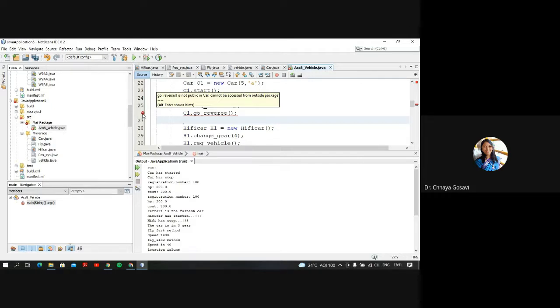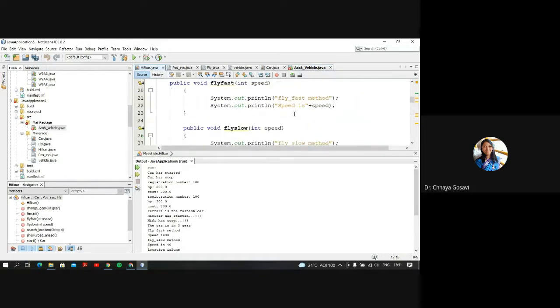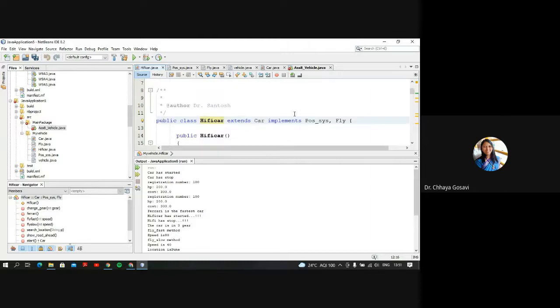So the default access specifier is available only within a package. It has not given this error for the HiFiCar class. In the HiFiCar class, I can use any variable or method which is defined in that particular object.